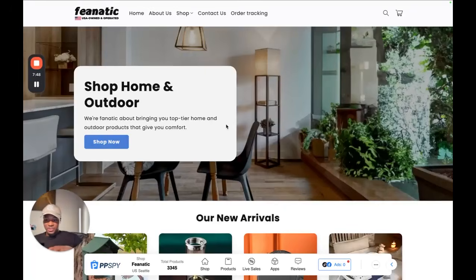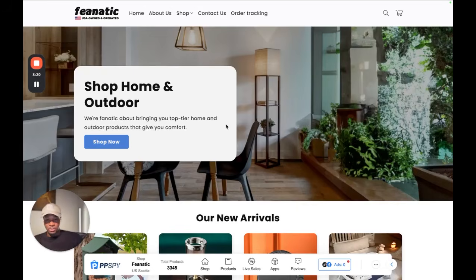Now, this is the next store that I want to show you guys. I thought to myself, I don't want to just show you strictly fashion stores. You're able to print money in any niche with Google. Trust me when I tell you this. I have kids stores, I have pet stores, I have lighting stores, outdoor stores, I have fashion stores, both men and women's. You're able to go into any niche as long as there's demand behind the products that you have